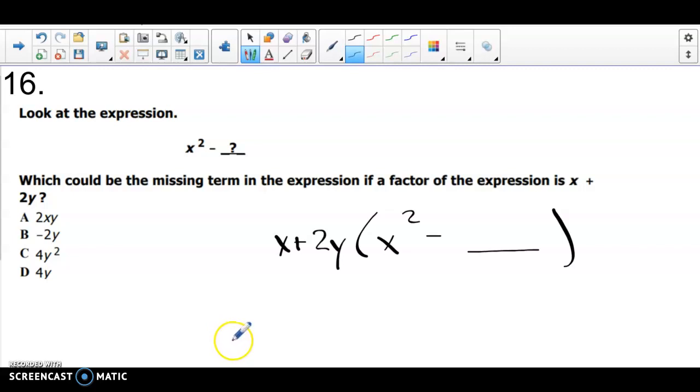If I take out an x plus 2y, I have to be able to take that x plus 2y out of the whole quantity. You have to be able to have something in here that you can factor out. So what could we put here so that we would be able to factor out in another parentheses and get this? Well, the only thing that would work would be a